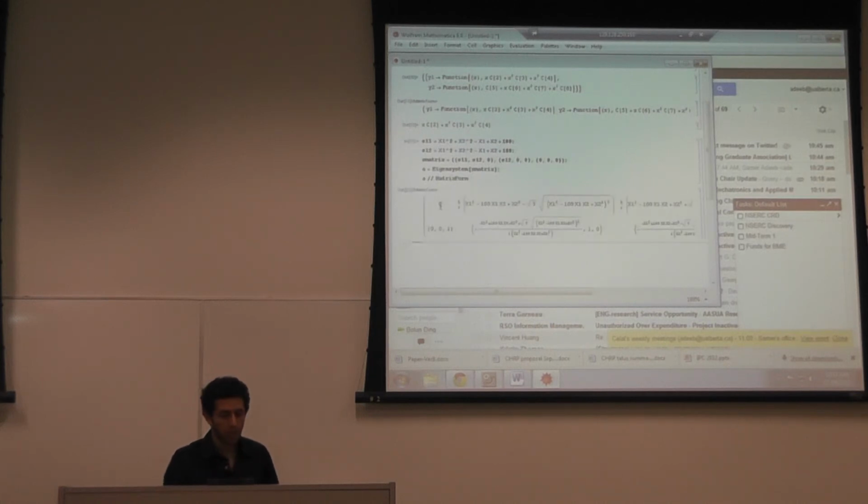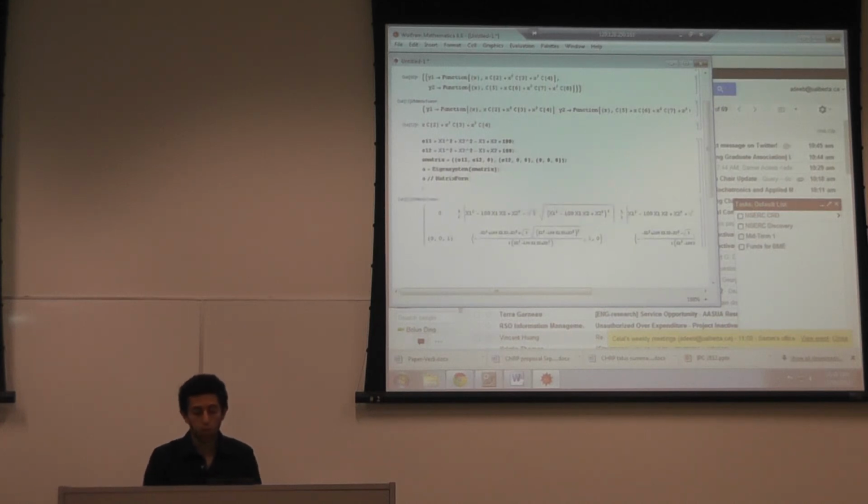So this is the first eigenvalue, and this is the corresponding eigenvector. The second eigenvalue and corresponding eigenvector, third eigenvalue and corresponding eigenvector. You can see how powerful it is because all this depends on x1 and x2. I haven't really given you any values for x1 and x2, yet you can find the principal stresses at any point. So I can plot